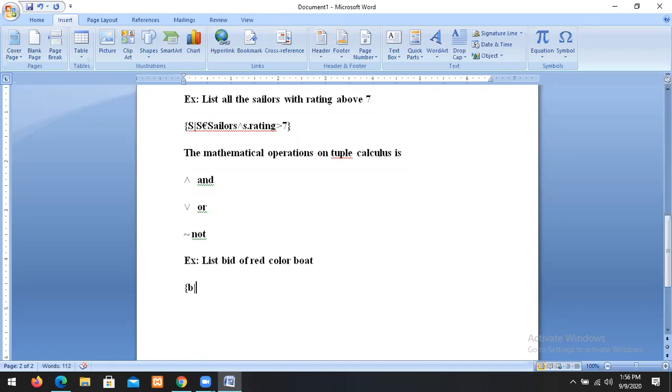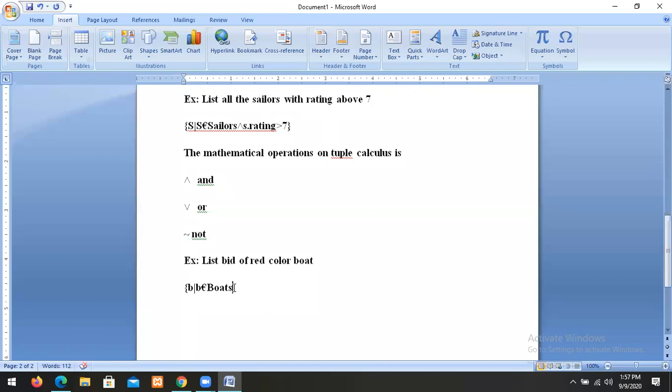So b belongs to Boats. b is the tuple variable. From which relation are we taking the tuple? The Boats table.